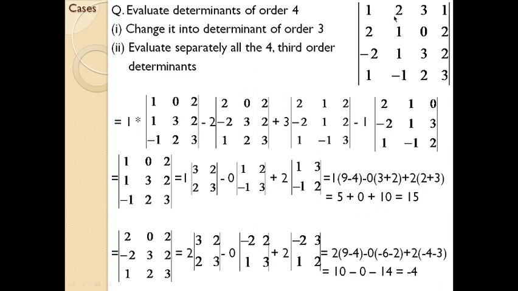So at the beginning, you were given a determinant of the order 4, which has been disintegrated into determinants of the order 3, and again the 3 determinants of the order 3 have to be dealt with individually. So the first one is 15, the second determinant is minus 4. Likewise, you have to go for the next one: 2, 1, 2, minus 2, 1, 2, 1, minus 1 and 3. The same steps and same procedure have to be followed here too.